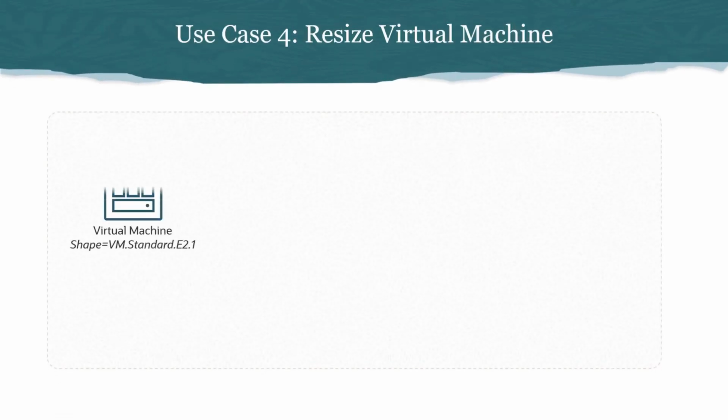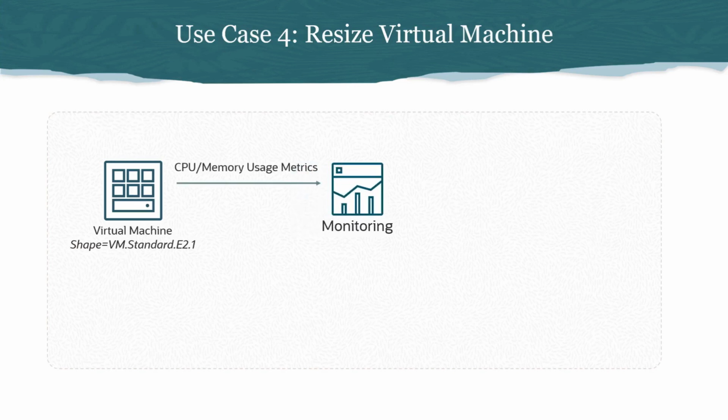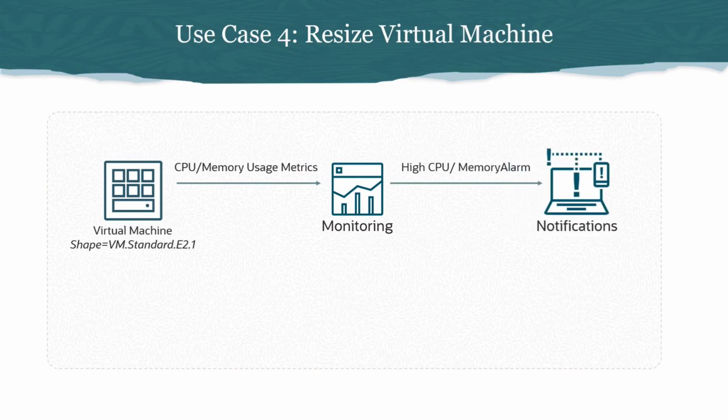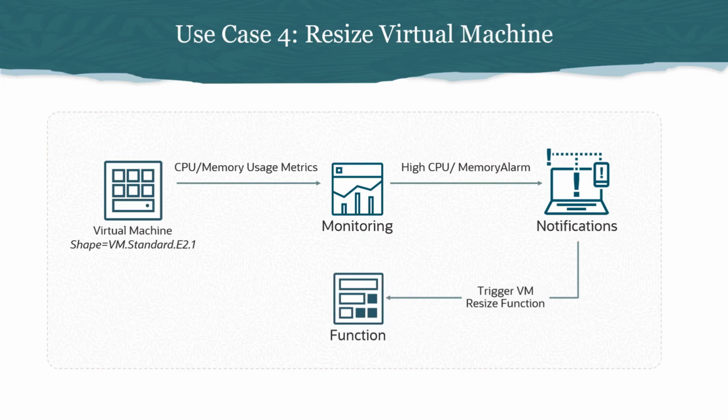In this scenario, we have an Oracle virtual machine of shape VM.Standard.E2.1, which sends CPU and memory usage metrics to the OCI monitoring service. You can set an alarm in the monitoring service for high CPU or memory usage. When the alarm is triggered, it sends a message to a notification topic to which a function is subscribed. This function resizes the VM to the next higher shape available, such as from E2.1 to E2.2, ensuring optimal resource